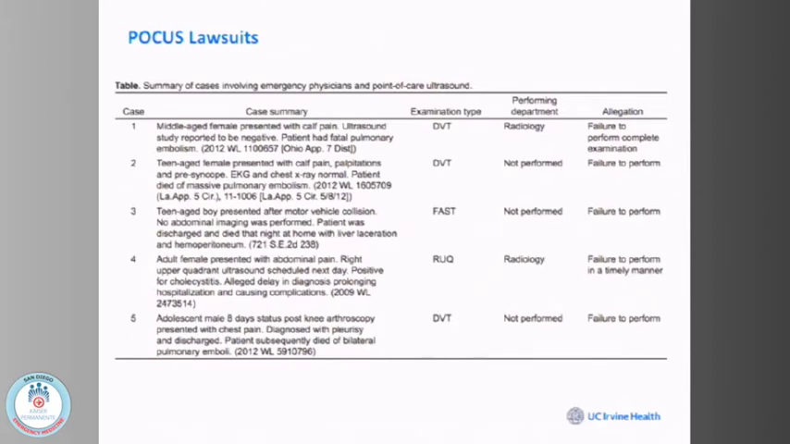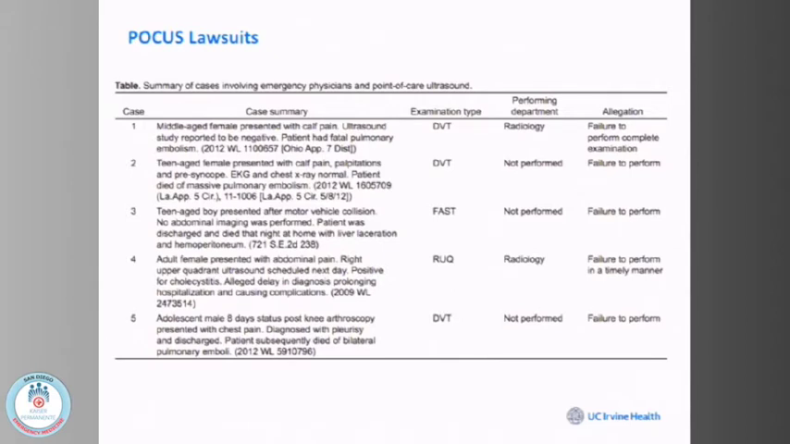I'll just read them to you because it's kind of hard to see. Middle-aged female presents with calf pain. Ultrasound study was reported to be negative. The patient died from a fatal pulmonary embolism. That was an ultrasound performed down in radiology, and it was failure to perform a complete examination in the setting of DVT. Now, let me just read through these cases and I'll have a comment about that. The second one was a